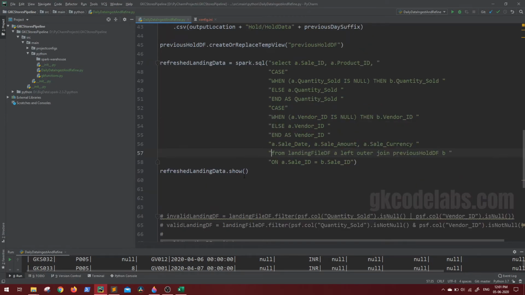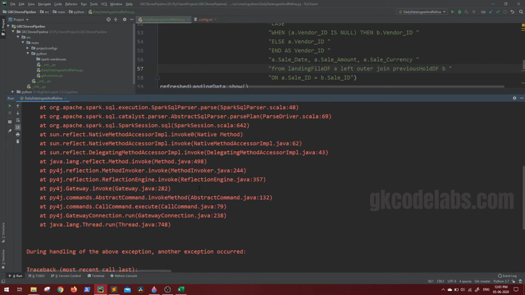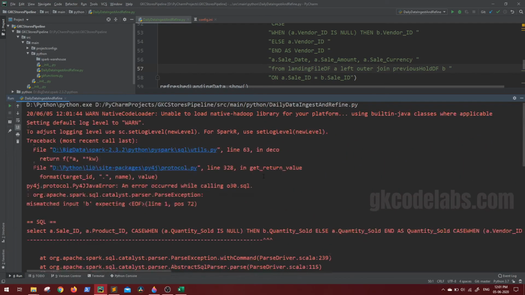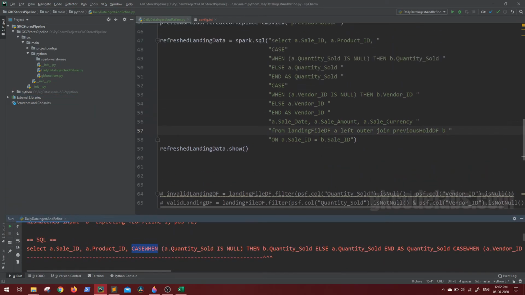Now let's see what we are getting in our final data output. So we have a few errors. It's good to have errors in case we have to troubleshoot. You can see the SQL case when, as I told, we might have missed a space somewhere. In this case we forgot to mention one space. Here also we forgot. Rest of it looks fine. Let's run again.